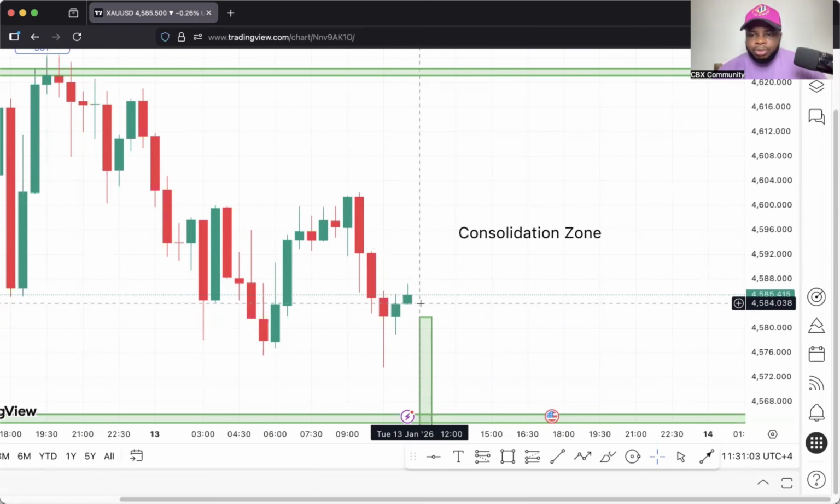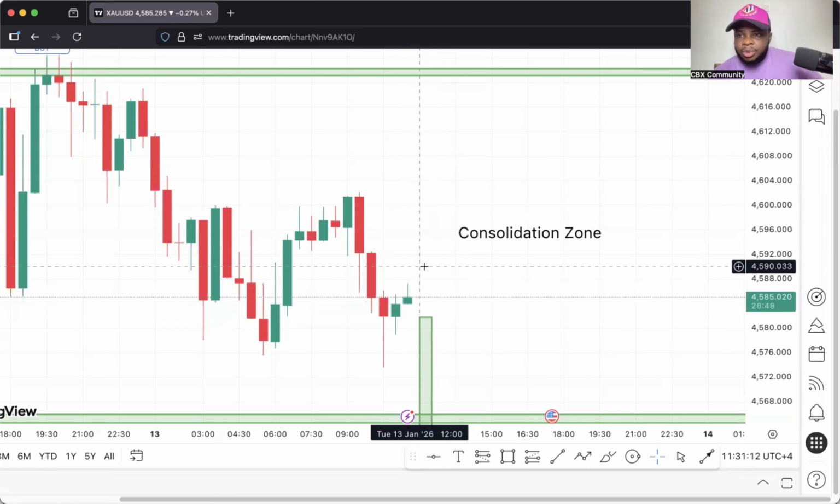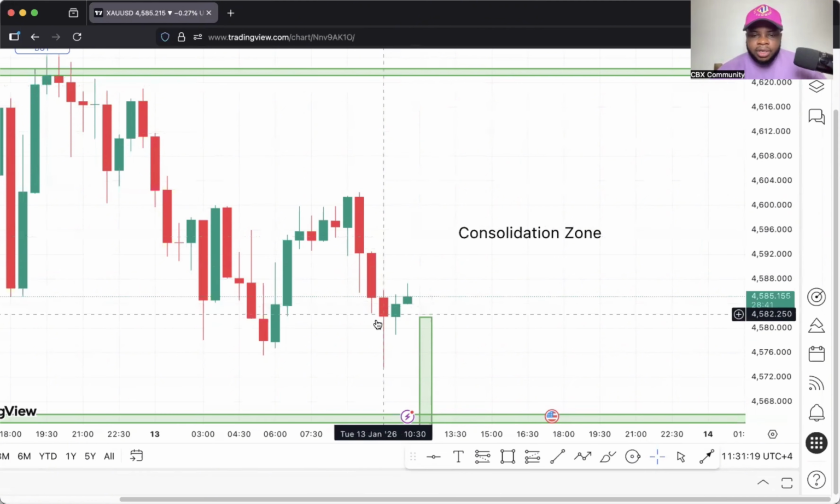Don't be in a rush to open a position. This candle can still continue to come down to create a wick and then continue to go up. So let's just wait. Always know what you want and how you want it before you decide to take a position. Since we are anticipating the break of our resistance zone and the break of our support zone,